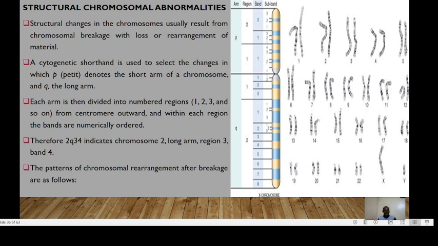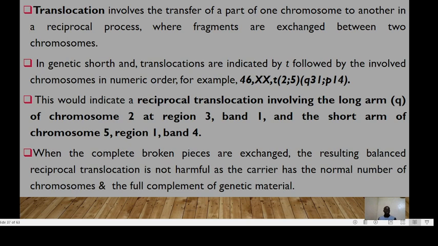These patterns of chromosomal arrangement and breakage are as follows. You could have the arm, p short or q long, then the region, then the band and the subband, and they give you the exact location. We could have translocation, involving the transfer of a part of one chromosome to another, in a reciprocal process where fragments are